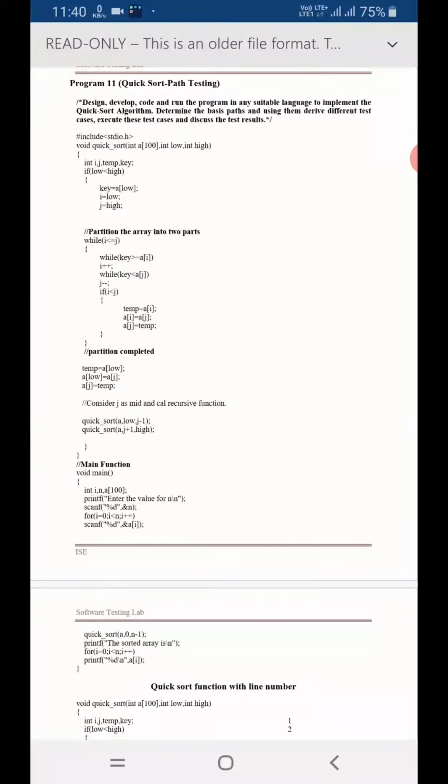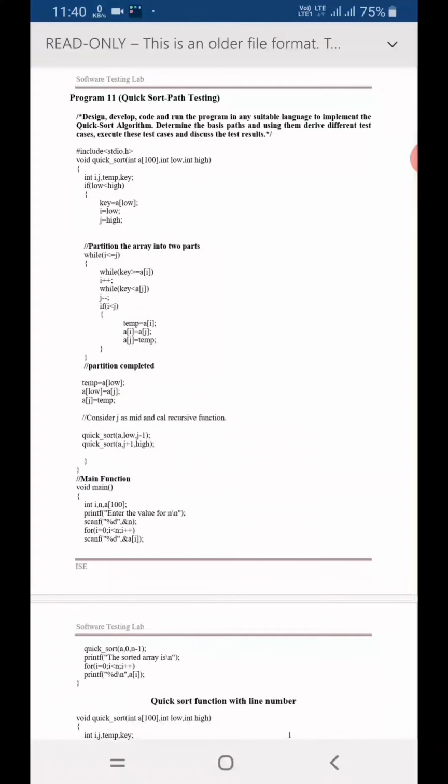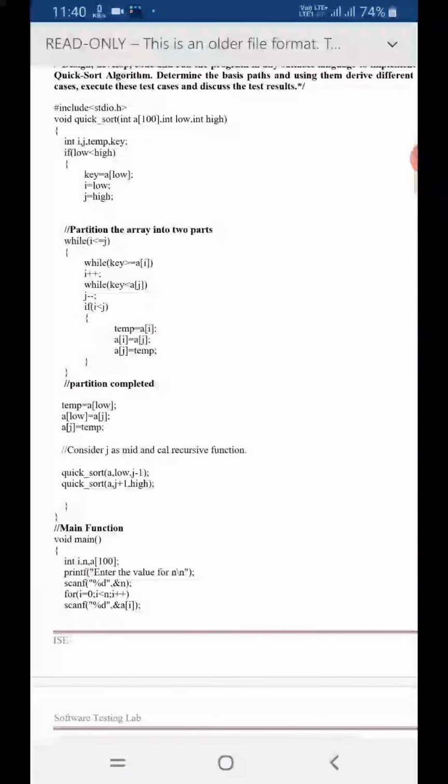So quicksort, as the name tells you, is quick in approach. So we quickly sort the numbers. The basic logic is the concept called partition. Partition is the basic logic. So here first we will take any number as a pivot number. Okay, pivot. In this case I have taken key. You can see the variable key. This variable key is nothing but the pivot element. Usually I will take the first number of the array as the pivot.